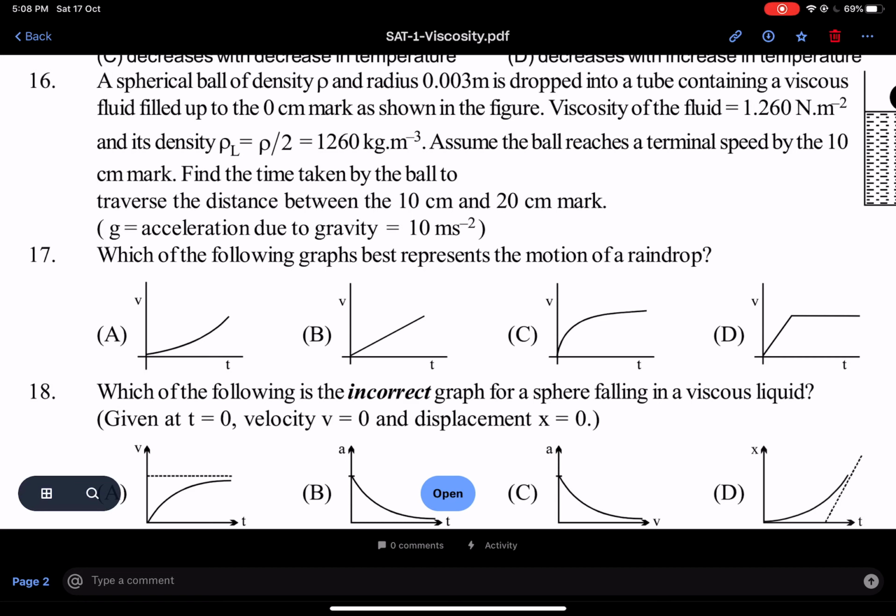But before that instant, the driving force was more than the drag force, and that is the reason the ball was accelerating. So what is the net acceleration equal to? Driving force minus drag force, divided by mass. And what is happening to this acceleration? Driving force is constant, drag force is slowly catching up. So the difference between the two, driving minus drag, is decreasing, and so the acceleration is decreasing. Acceleration is decreasing, but it is still positive, and so velocity increases, but not at the high rate at which it was increasing initially.